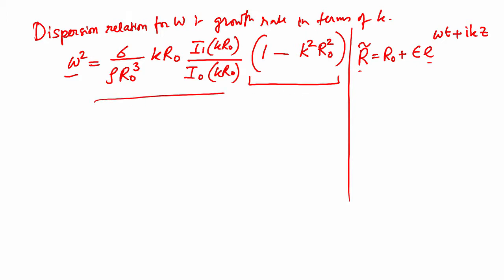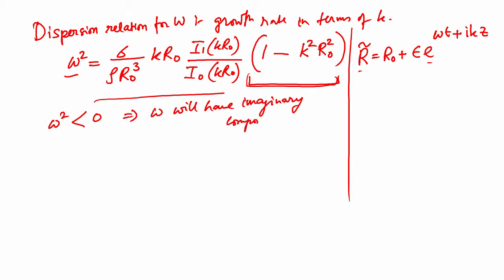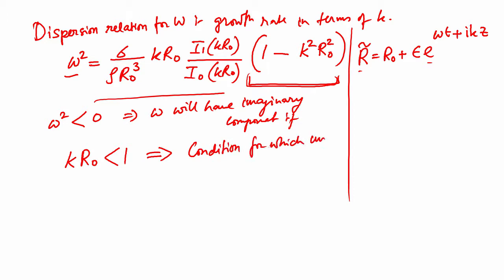and all these things are positive. The only thing that can be negative is this one, that is omega square will be less than 0. This means omega will have imaginary component if k r 0 is less than 1. This means this is the condition for which unstable modes